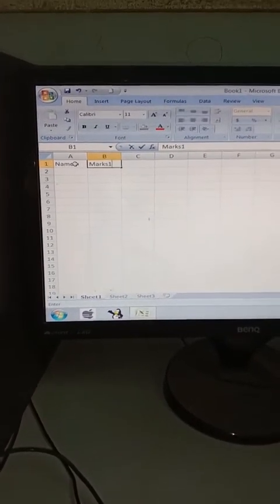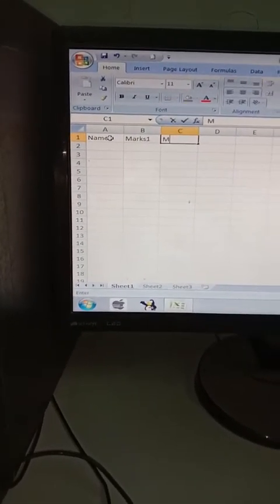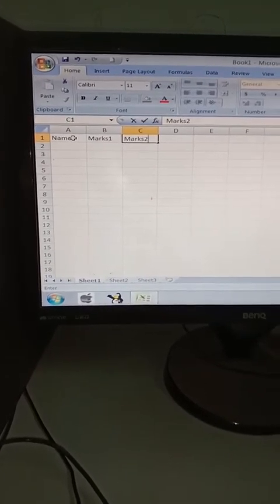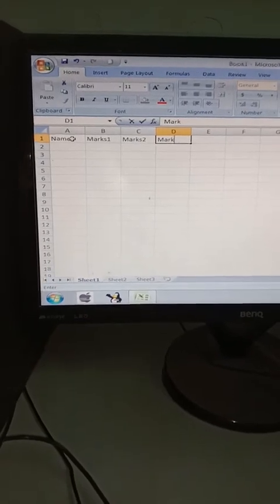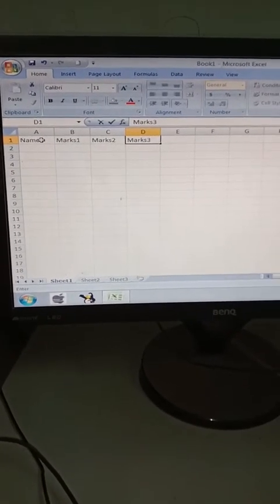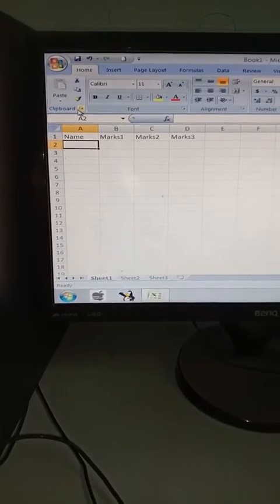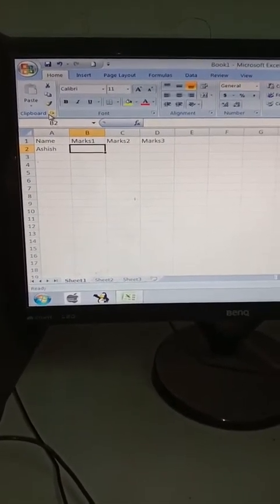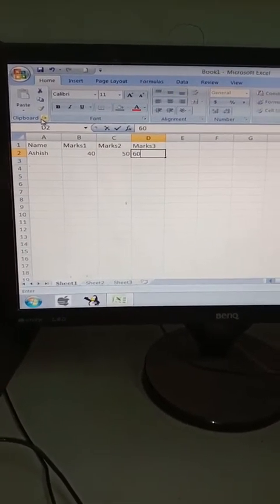Marks 1, marks 2, marks 3. These are the three different marks. Suppose the name of the student is Ashu, marks 1 is 40, marks 2 is 50, marks 3 is 60.